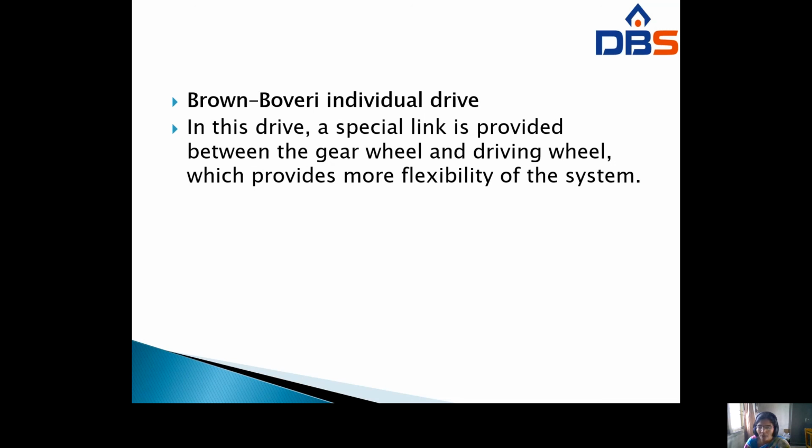Up to now we have discussed electrical traction one. First of all, what is traction? In which year was traction introduced? What are the types of traction, AC traction and DC traction? What are the motors used for traction purposes? How can you start those motors and use braking? How can you control those motors, and what equipment is used for traction purposes? Those are all discussed in traction one.